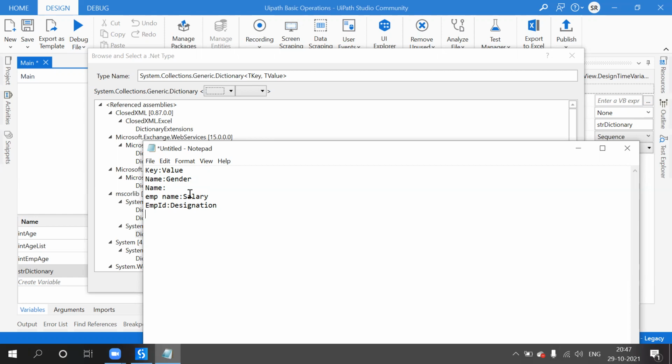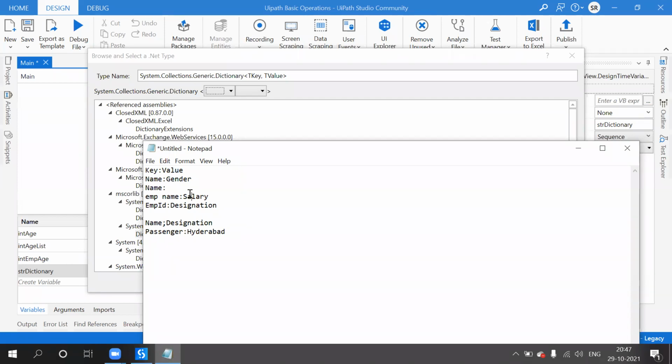If somebody wants to get my salary or designation, we have to store the name of the employee and designation. Or passenger name and which city they are traveling to.